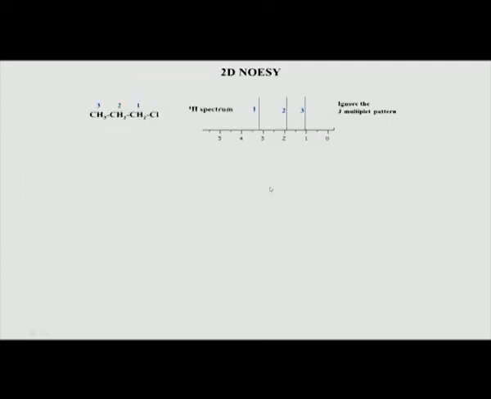So, we will go further, we can see an example here. This is propyl chloride, the same molecule which we saw in the case of TOCSY. So, we will take the same example here. Let us ignore the J multiplet pattern, you basically get 3 peaks, because there are 3 types of hydrogens. So, we are looking at the hydrogen proton spectrum, and based on the electronegative effect, that is the electron shielding inductive effect, A will be the most downfield shifted, B will be second, and C the last. So, this is what is shown here.